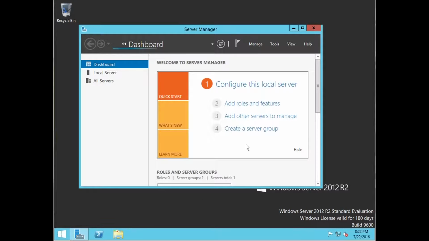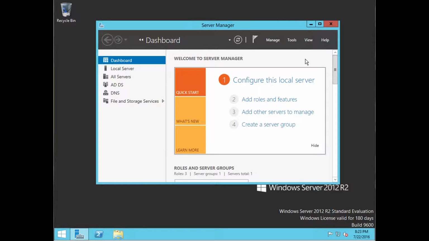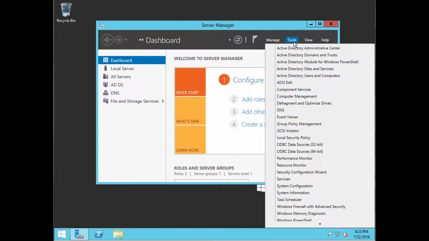So we're going to go ahead and pull up our server manager. Now bear in mind we did just install and promote this server to a domain controller. So this is assuming the position of a clean install of the ADDS. So we're going to go ahead and come to Tools, and we're going to check out the Active Directory Users and